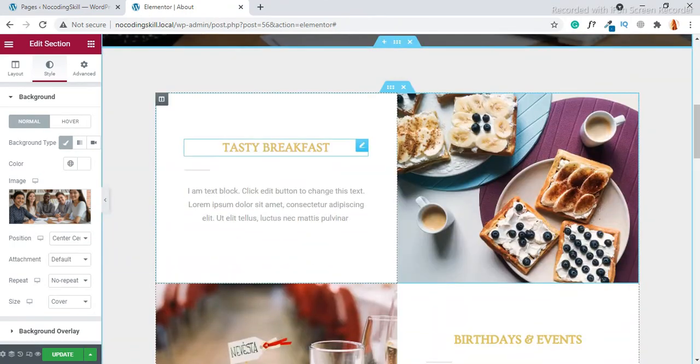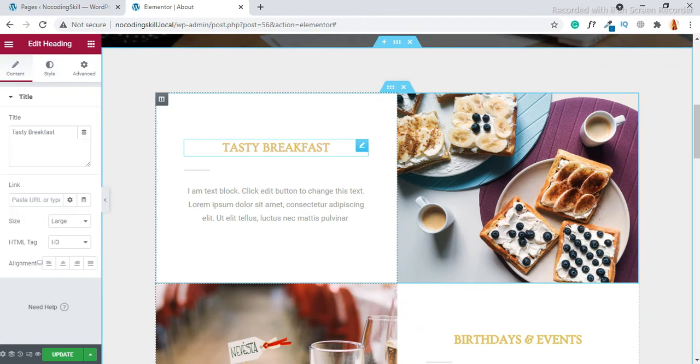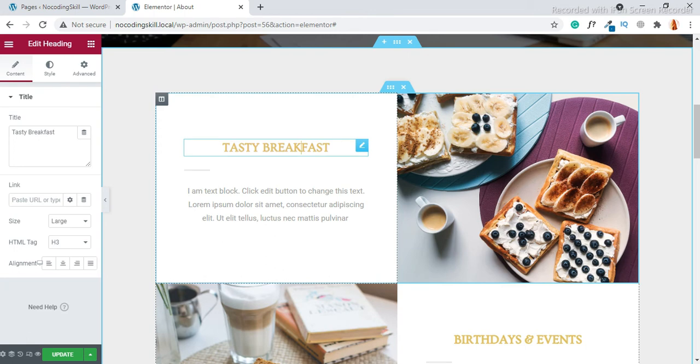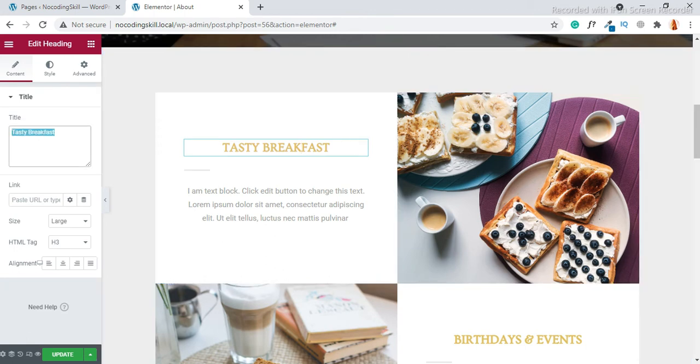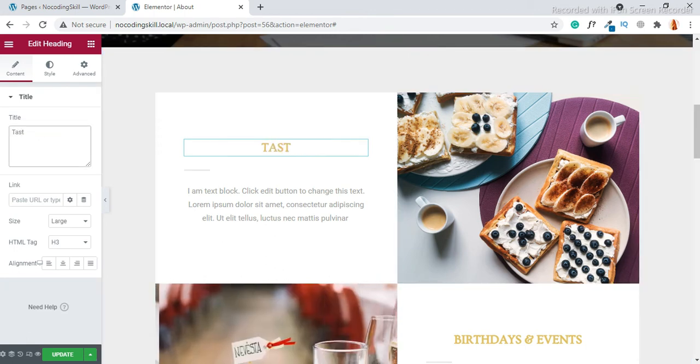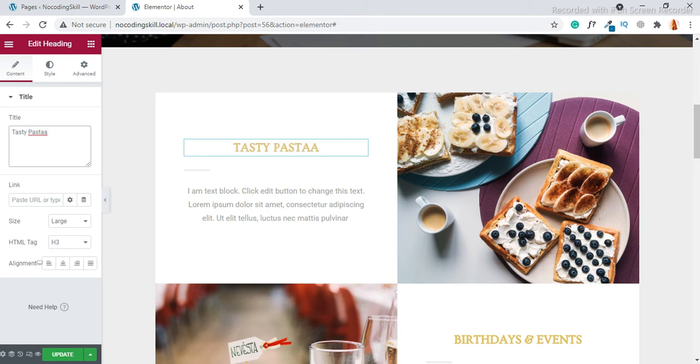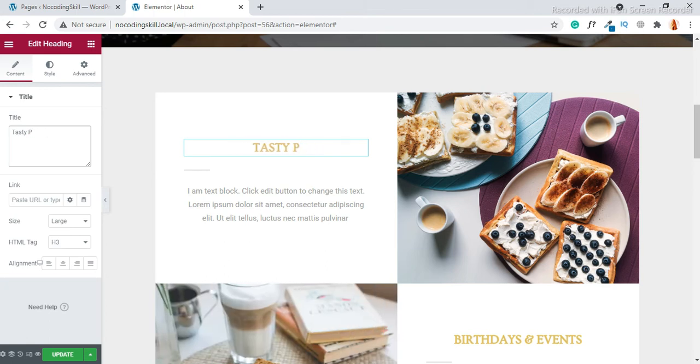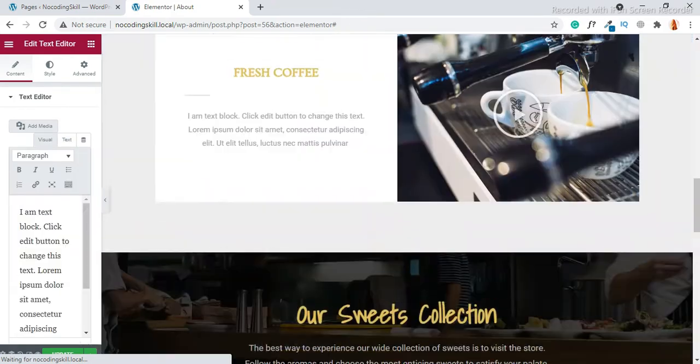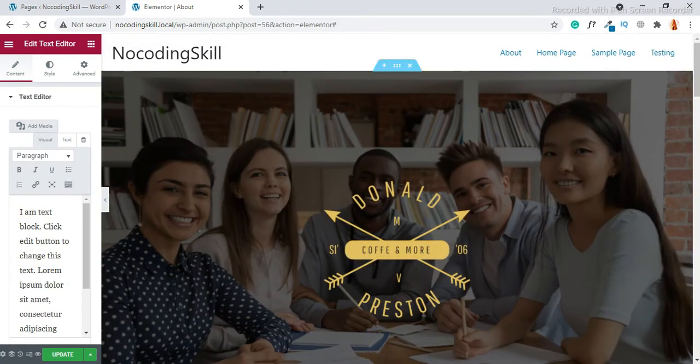You can change it by clicking over here on whichever section or element you want to edit. Okay, you can change it. Tasty pasta. Tasty breakfast. So let's click on update.